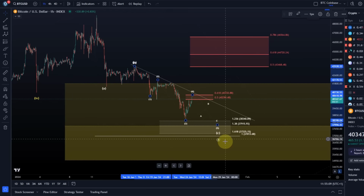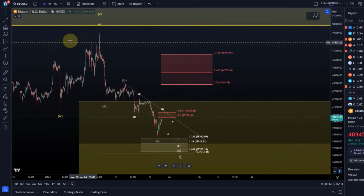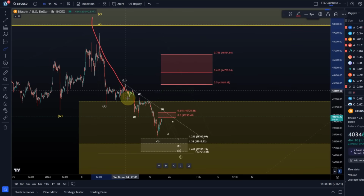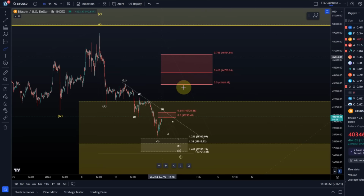And then we could say, okay, possibly all of wave 4 is already in, or it's just a larger A, B, C structure in wave 4. That's also still possible. So to keep it very simple, I've said, okay, it's not an impulse anymore, but it can be a diagonal. So let's see if it can break above the descending trend line. If it does, then the next resistance area will be relevant between